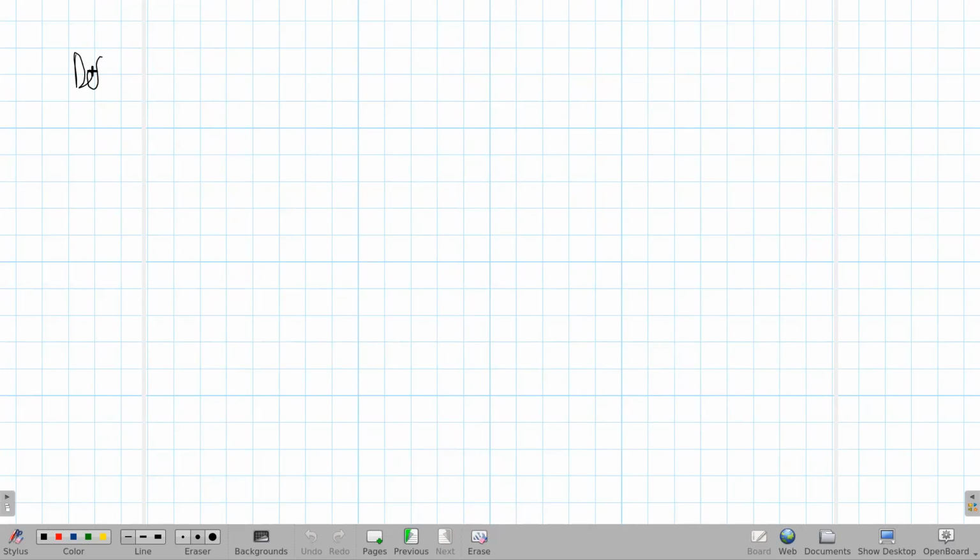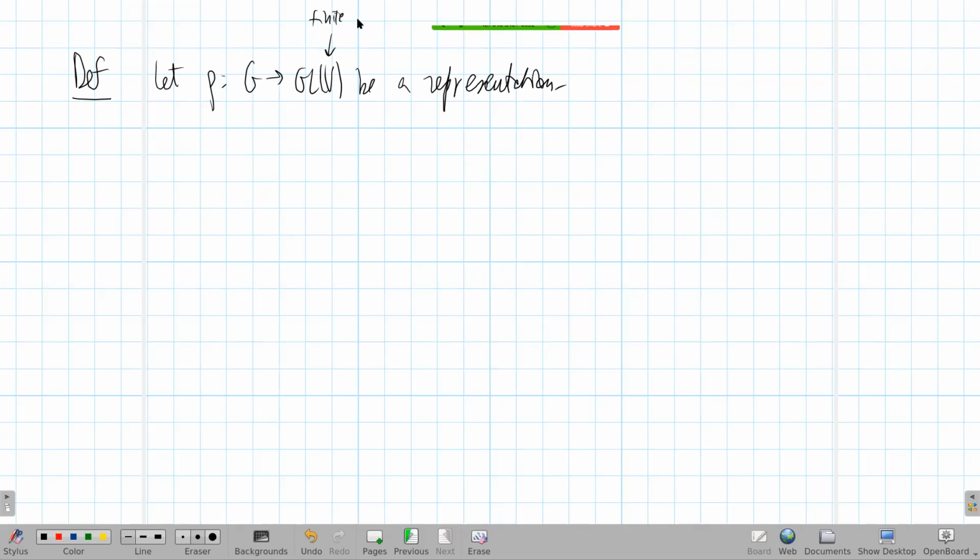Okay, definition. There's this definition in two parts because there are two ways of speaking about representations. Let rho from G to GLV be a representation. And I won't mention it again. Of course, V is a finite dimensional vector space over C. Well, I will mention it. Finite dimensional is important. In a second, we'll see why. And G is finite. And then the rho is said to be irreducible